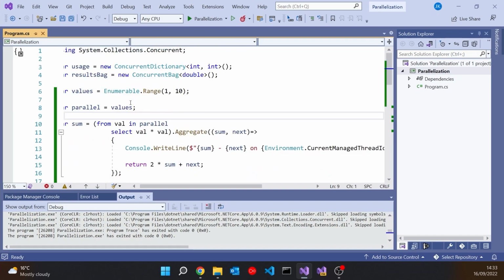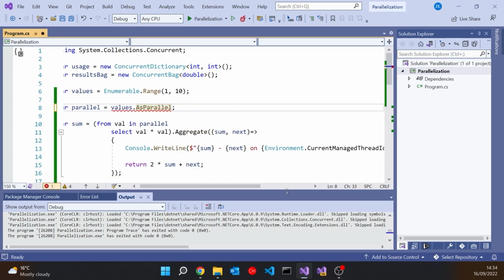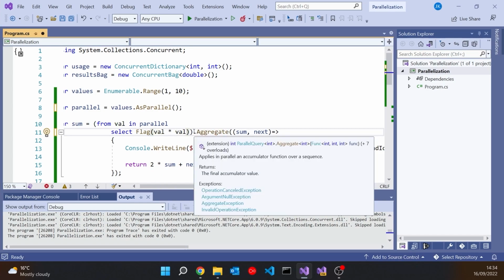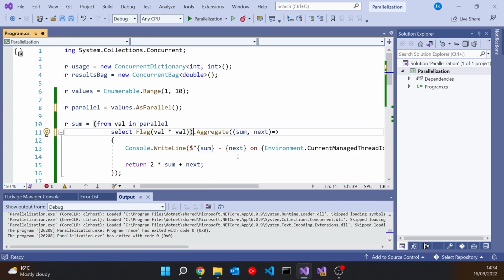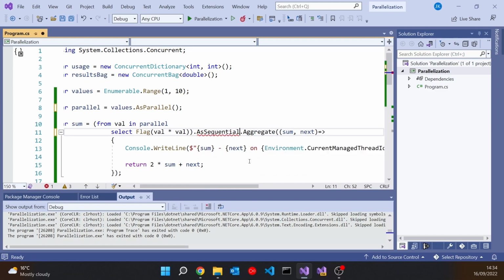And we can do that because if here we say dot AsParallel, that means it's going to start doing things in parallel. So the next bit of work it hits, the squares, it'll do in parallel. And let's actually put our flag back on there so we can see what thread they're being processed in. And then, after that, before we do the aggregate, we can do AsSequential. So AsSequential is the opposite of AsParallel. AsParallel tells LINQ that it's got to do this in parallel. AsSequential tells it to stop doing it in parallel, do it back in a single thread.